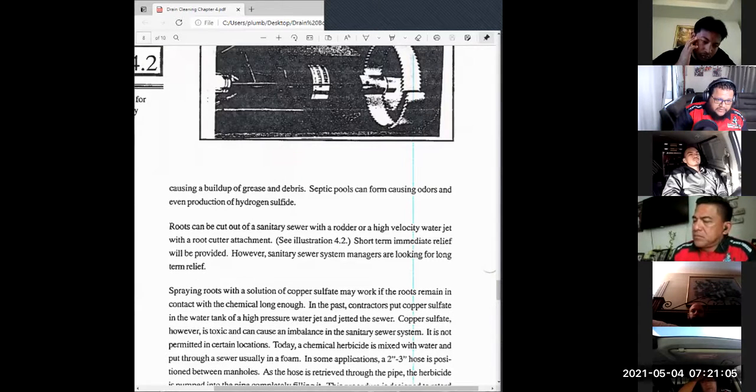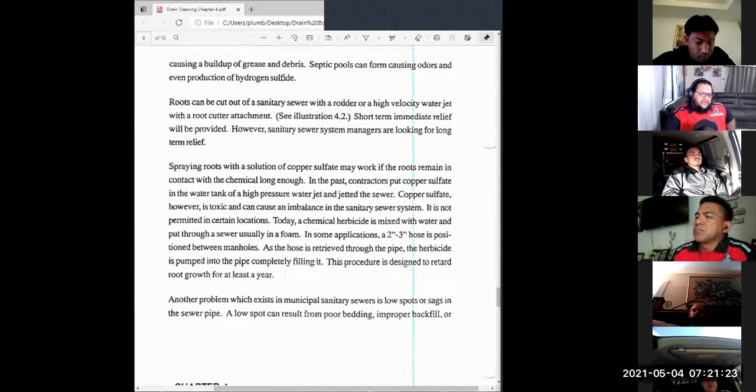Roots can be cut out of a sanitary sewer with a rotor or a high-velocity water jetter with a root cutter attachment. Short-term immediate relief will be provided. However, sanitary sewer managers are looking for long-term relief. So this next part here, they're talking about